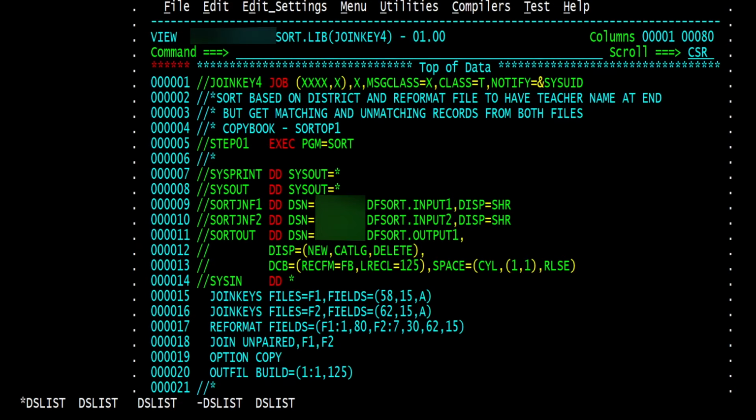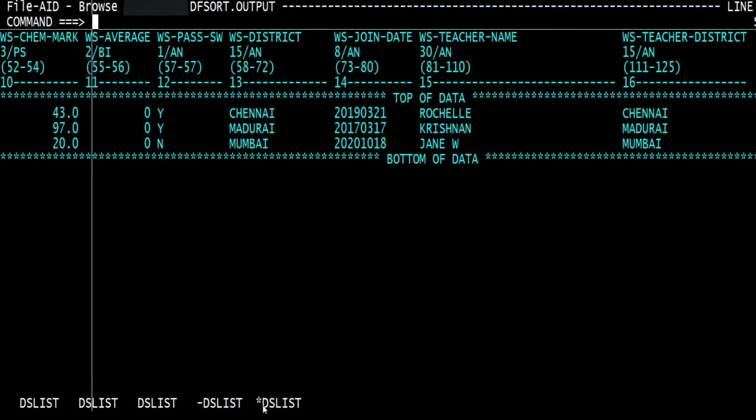So this is our fourth example on the join keys. Here we have the same job, but in the statement we have a JOIN UNPAIRED of F1 comma F2. That means it will pick both the matching and unmatching records from both file 1 and file 2. Just to recap, this is the output of run 1, where we pick only the matching records.